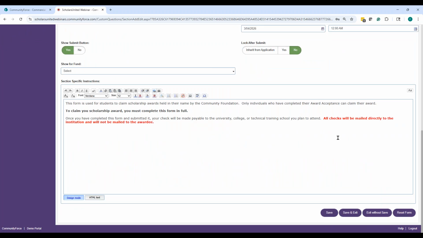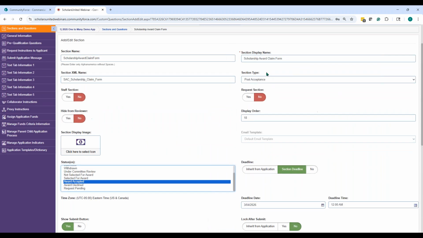I have it at the end of my section so that when they get to the bottom, they'll see it. You might make it big and bold, bright colors, something for them to see so that they know that's the final step of submitting this section, so that you know that you have it. So that's the key. When you build this, I have it as post acceptance, so I can see it on that screen.